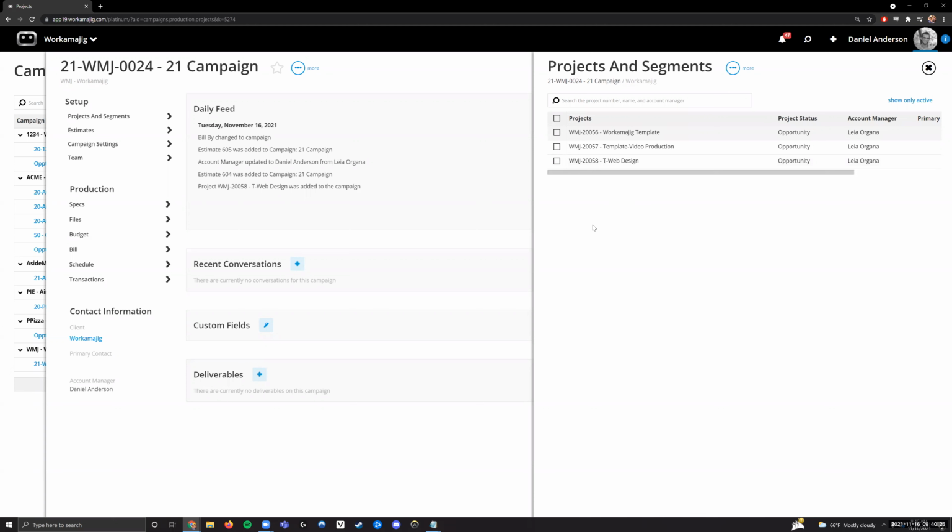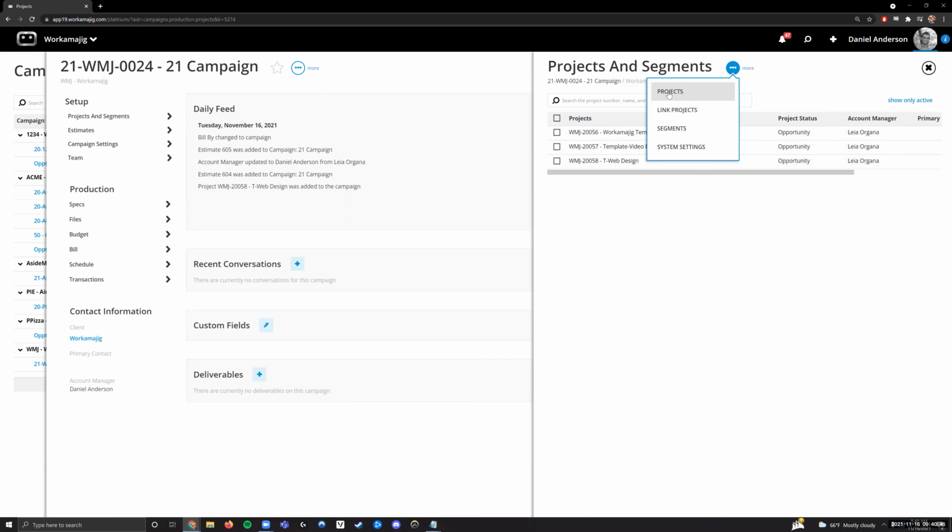Since we already know what the client ID is, we don't need to ask you for things like the start date. That's going to be the start date of the campaign itself. And so one of the major processes here, if you know all of the projects at the outset of a campaign, or even if you don't, if you just know that you're going to kick it off with three projects and maybe you'll add more as you go along,